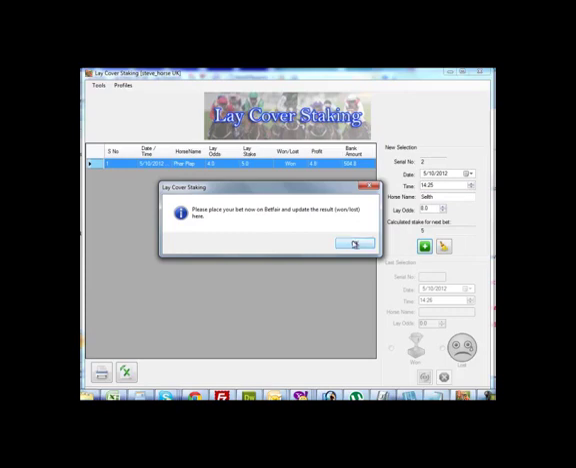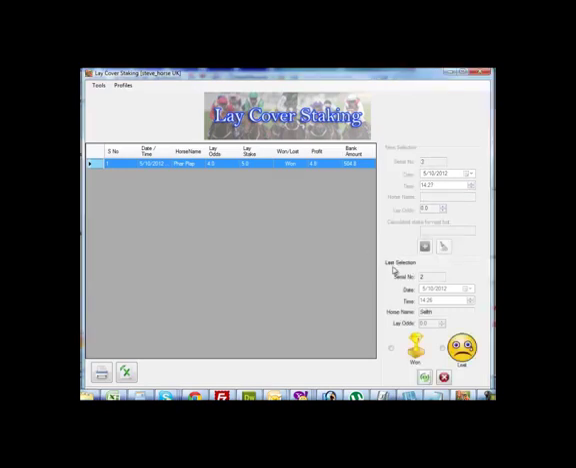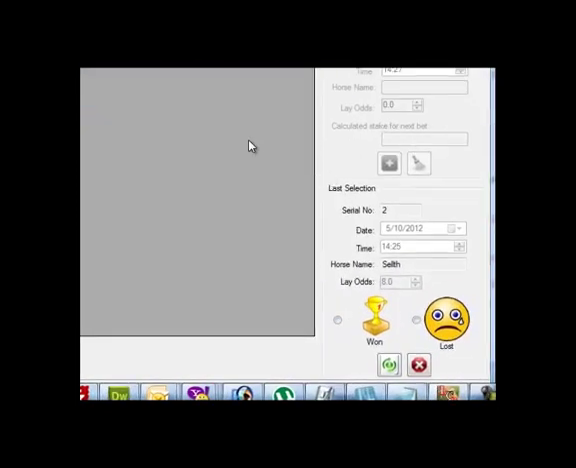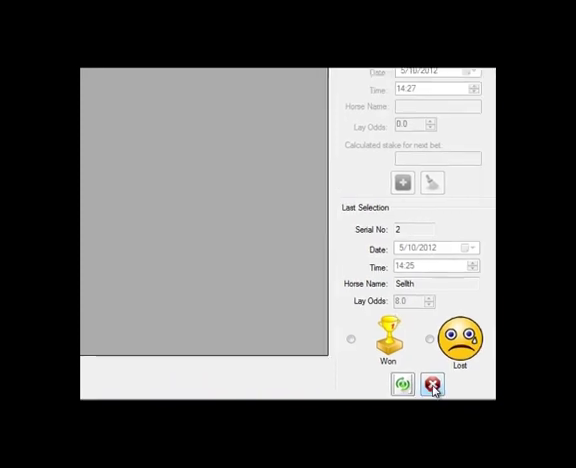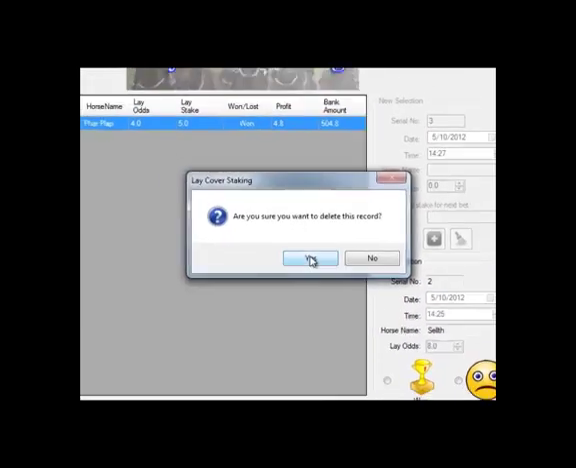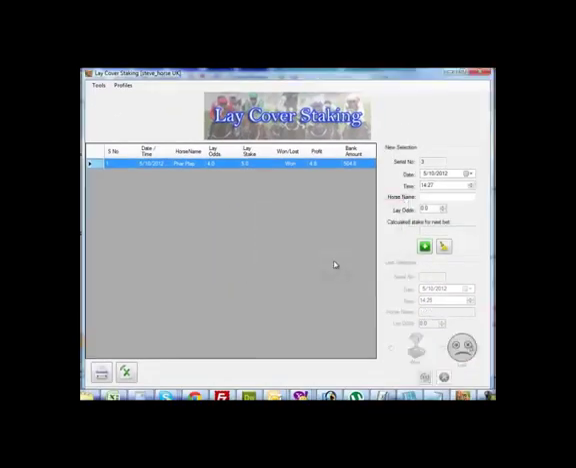Okay, now for example, I'll just show you if we'd already clicked that but we couldn't get the horse, we couldn't get the bet on, say the race started or the odds moved against us. We can click the little red button down here, delete this record, yes, and that last bet that we started on won't go in. So then we go to the next race,